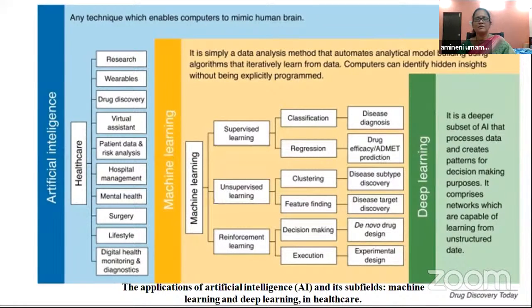Regression model means, all of you know about drug molecules. Efficacy is calculated in the form of IC50 values. If we know the IC50 values of some compounds, by generating a regression model, regression analysis, we can predict it for our compound. This is also structured data, with numbers present. So we can predict IC50 values by using a regression model.